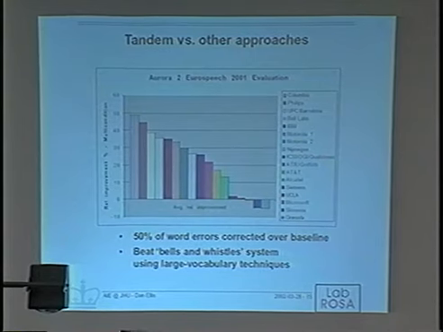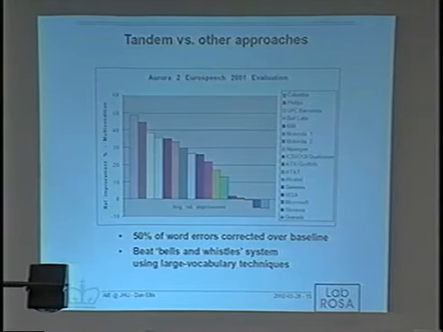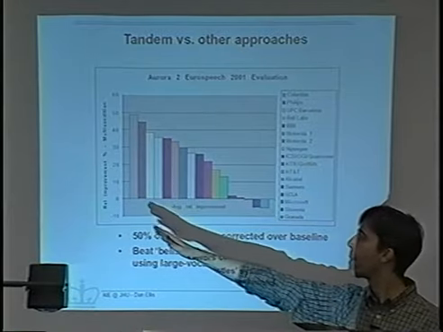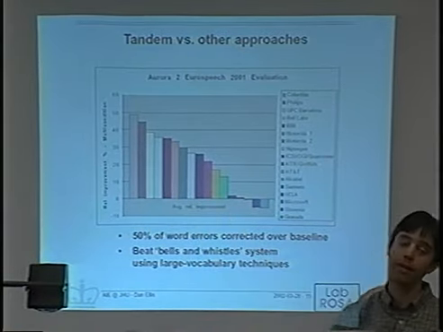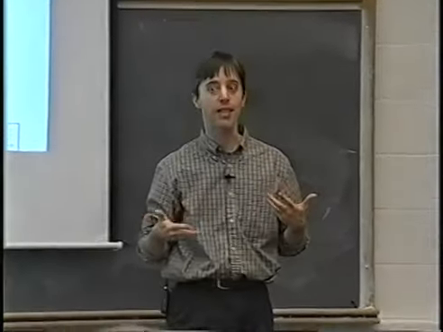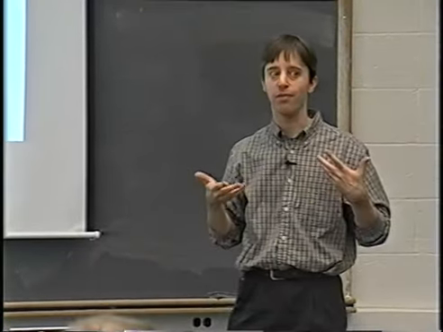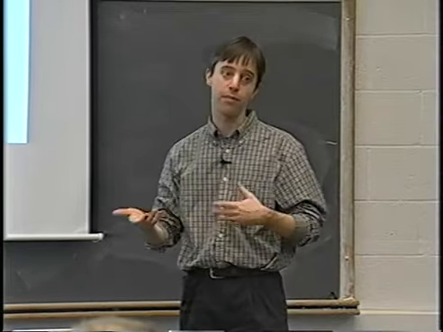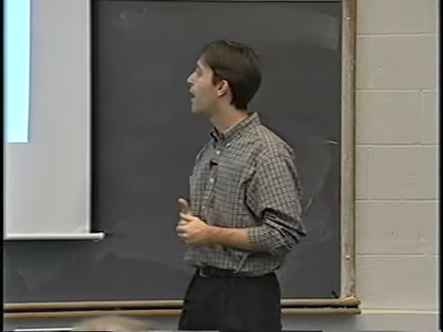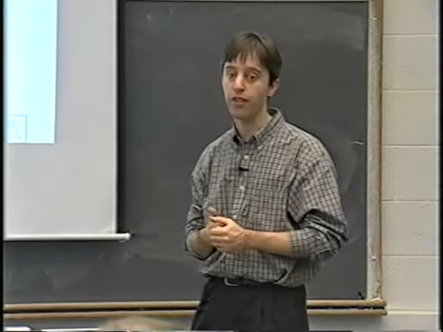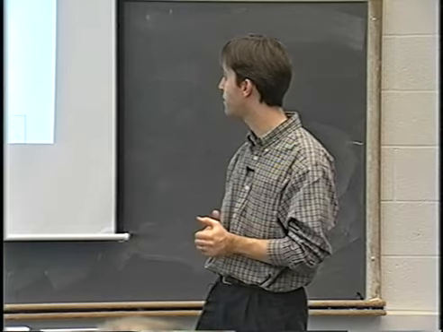Second was Philips, who also did very well on the training in clean condition, which we didn't try. And they basically used a full-up large vocabulary recognizer with adaptation, with context-dependent modeling. And that seemed to work very well compared to a lot of the things that other people were trying. But we still managed to outperform them. And we were not doing very much. We weren't doing anything particularly clever with the back end. We were just doing this simple trick with the features. So it was a very encouraging result that this approach does seem to pay off compared to the other things you can do in this task.